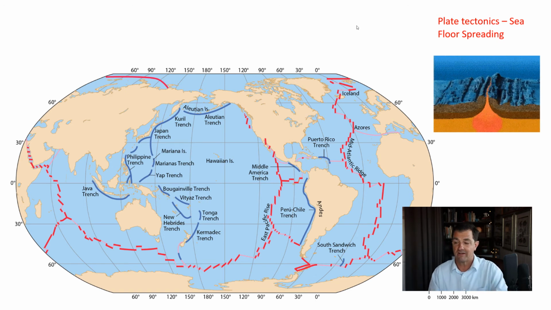So there are several different plates that we call lithospheric plates, and those plates move when the seafloor is spreading, and that whole idea of seafloor spreading and moving those plates is called plate tectonics,